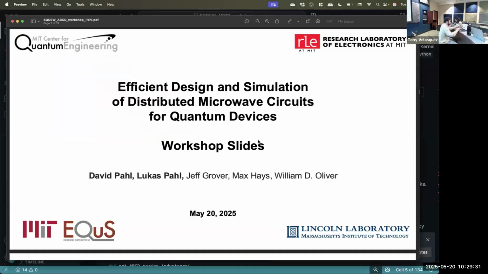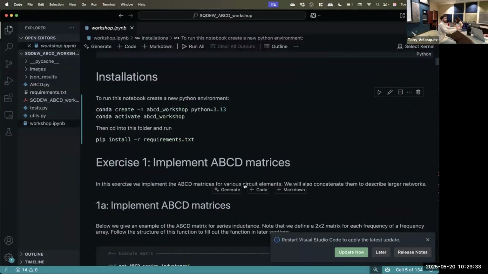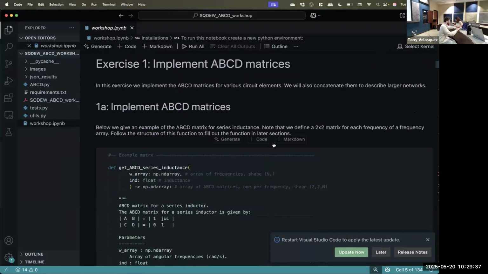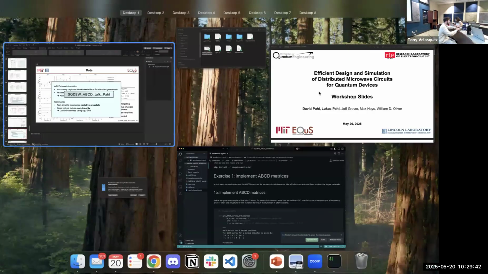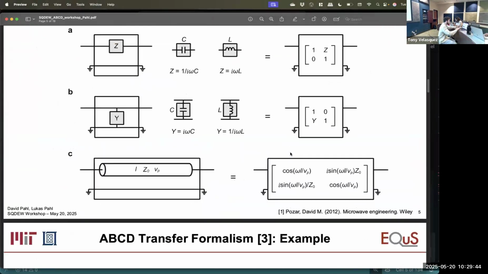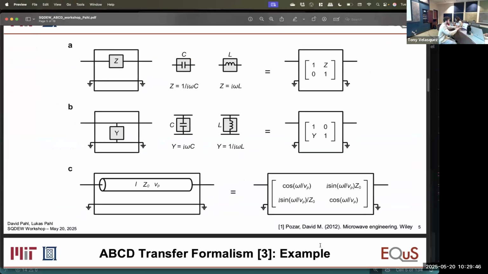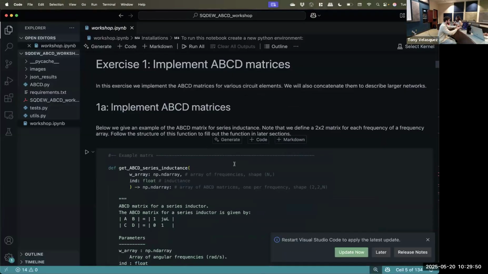Okay. So are we good to take a look at the first task? I'll just get started. So the first task, we literally just want to implement some of these ABCD matrices here. Okay. So